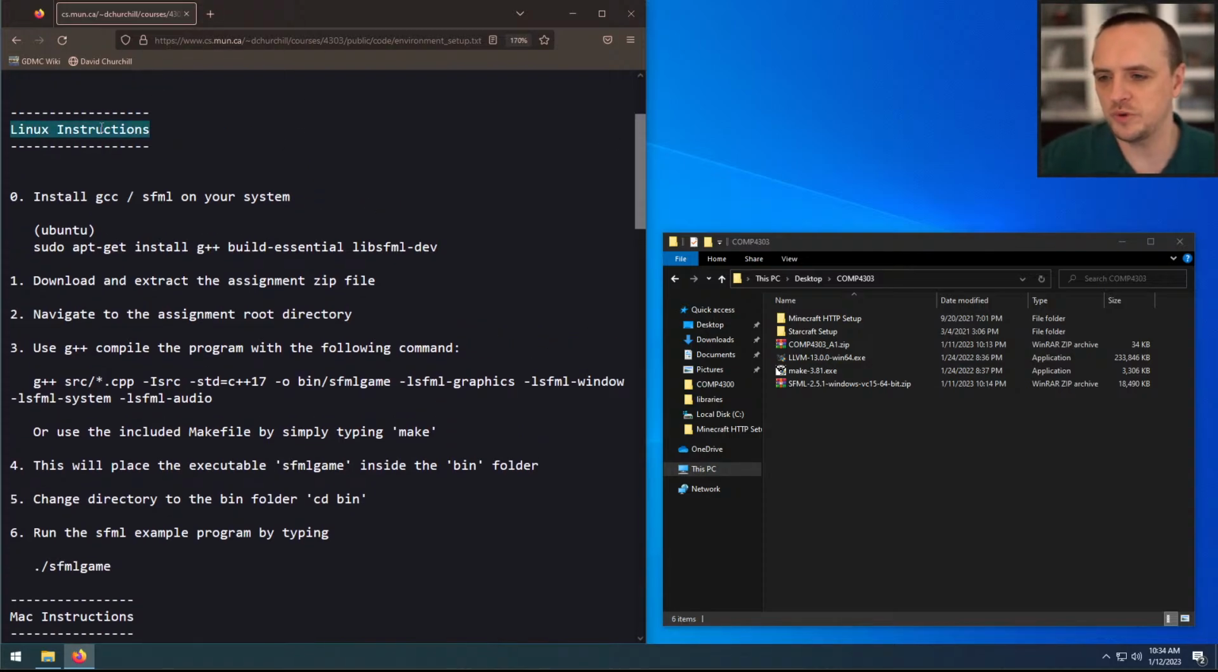Alrighty, so first we have the Linux instructions. It is very, very simple to get up and running with Linux. You're just going to install GCC, which is the GNU C compiler, and also the SFML library on your system. So if you're using Ubuntu, something that uses apt as the package manager, then you can just say sudo apt-get install